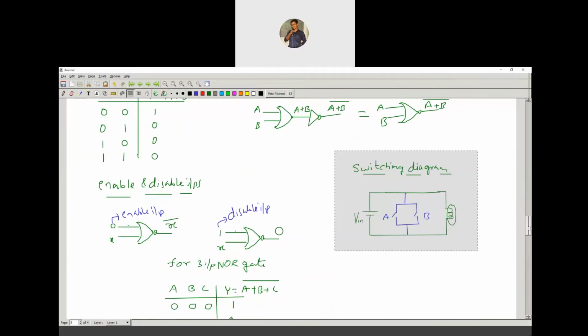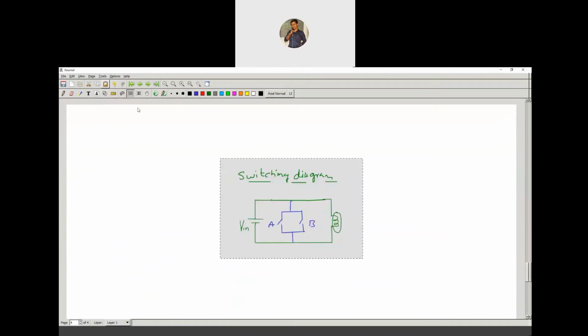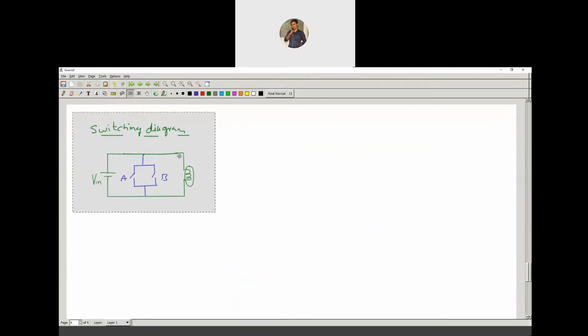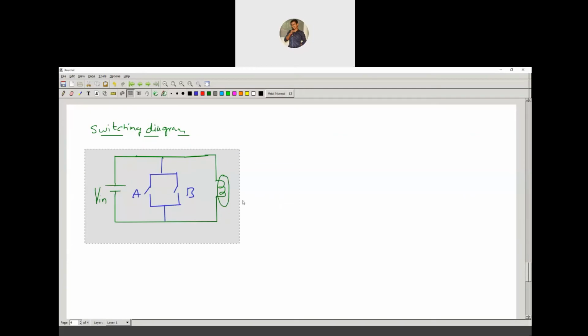Let's talk about the switching diagram. Now tell me how we need to connect the switches here for the XOR gate.